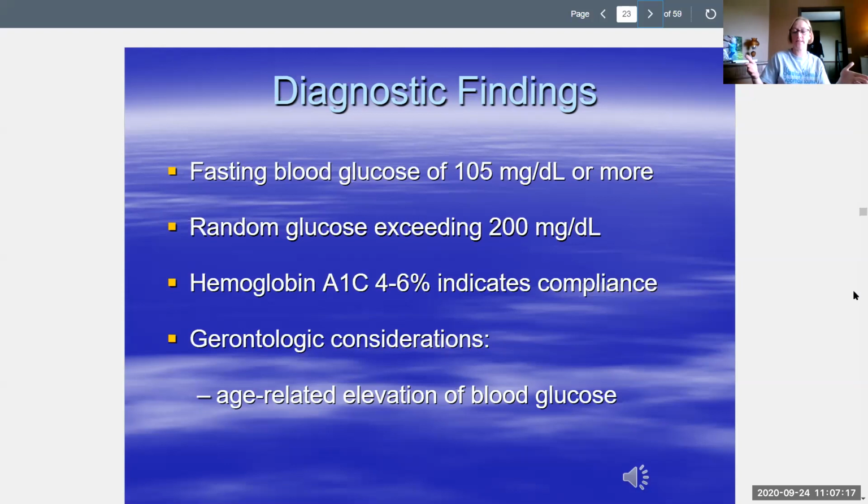So it gives an average of where their glucose levels have been running. A normal non-diabetic should be between 4 to 6%. If their numbers are reaching over that 6%, that can indicate they're pre-diabetic or starting to go into diabetes. But if they're over 8%, that definitely indicates either A, they're a new diabetic and didn't know it, so their sugars have been really high over the last few months, or